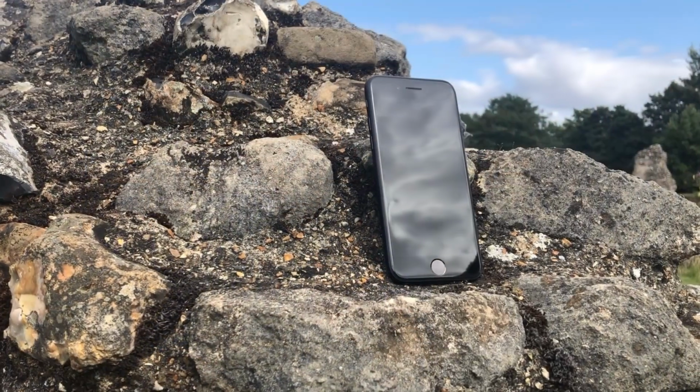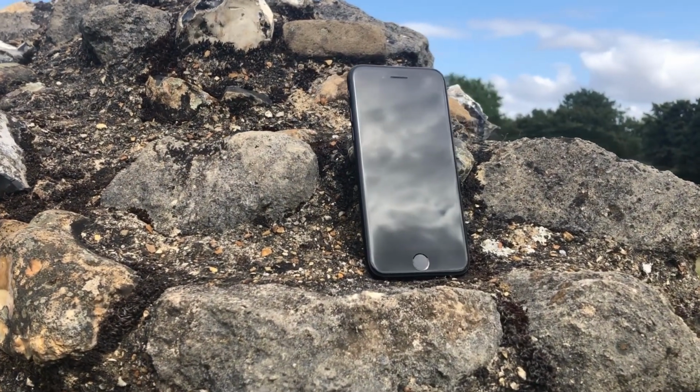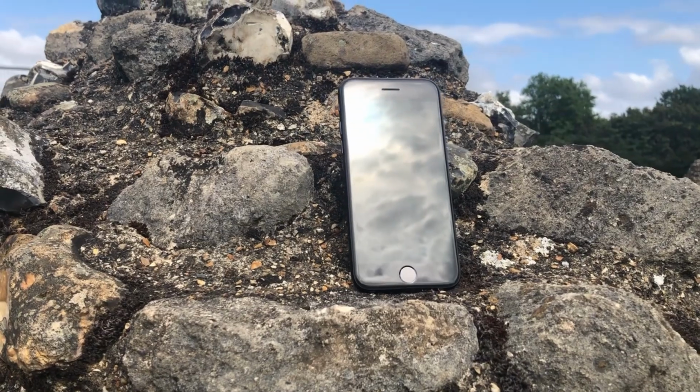This is the iPhone SE, Apple's budget iPhone. A phone which may not have the same sleek bezel-less design as its more expensive rivals, but when you look at what you get for under £400, or dollars if you're in the US, then this becomes an impressive piece of kit. Released in April 2020, the iPhone SE, as it's officially called, and not to be confused with the iPhone SE from 2016,